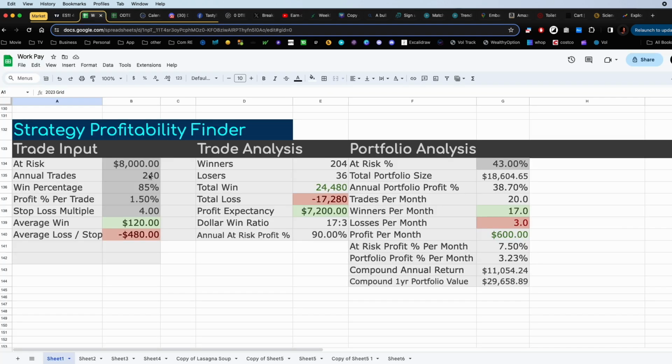Right here is going to show you something that I think is very important. It's something I was missing for a long time. In this world, we do a lot of fancy calculations, a lot of compounding calculations. I love my compounding. And we do a lot of projections to say, if I'm able to do this, then I'm going to get that. But the trouble is losses, especially in the world of spreads, have such a massive impact on your overall profitability because the losses are so much bigger than the gains.